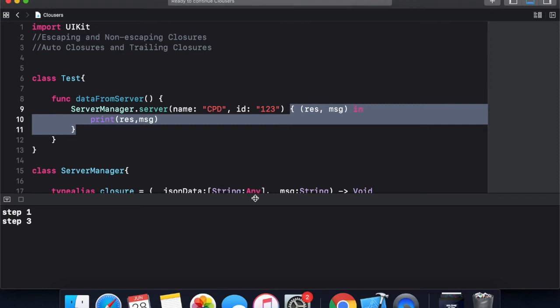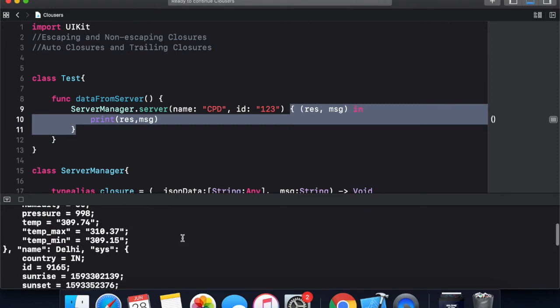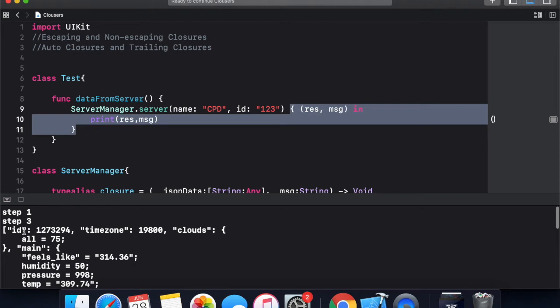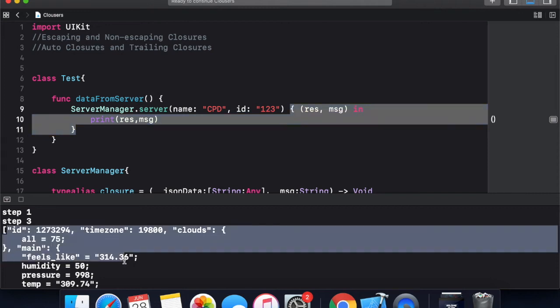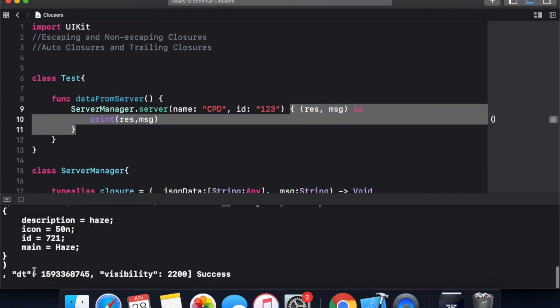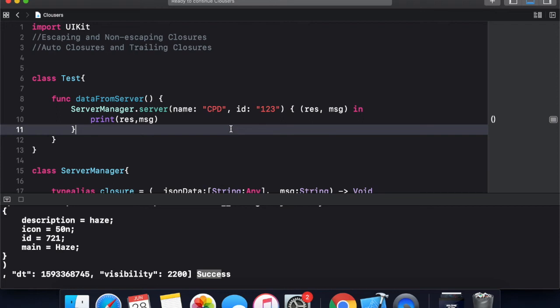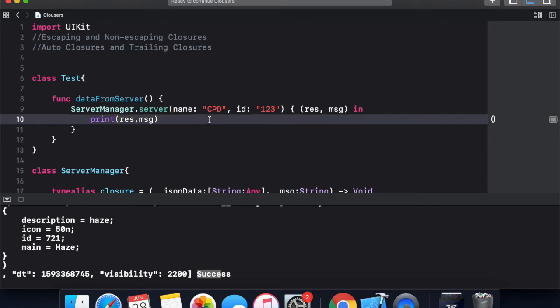Okay, here I get the result and the message success, which I printed in this closure. So this is trailing closures.